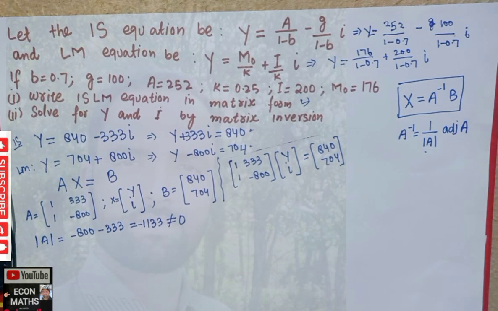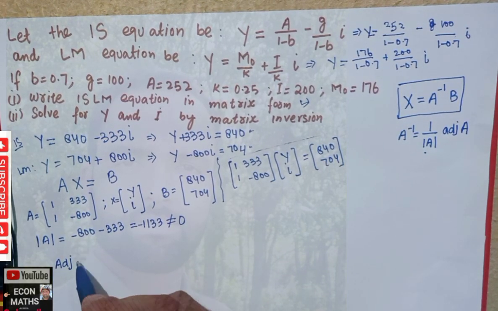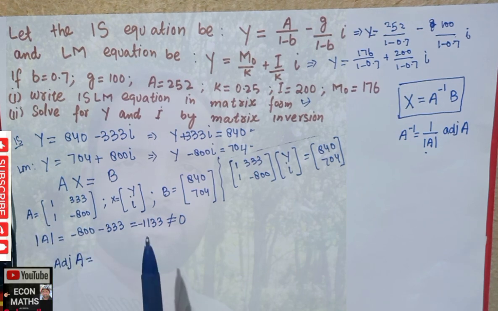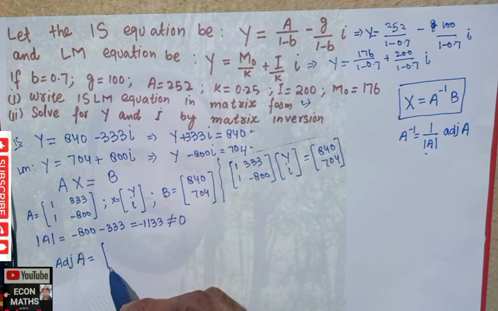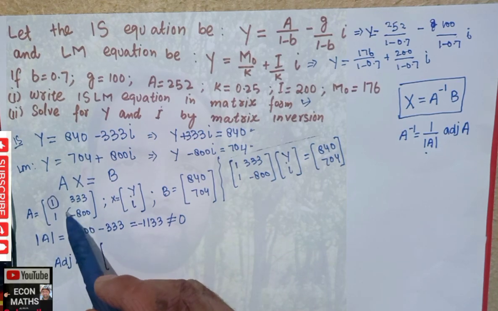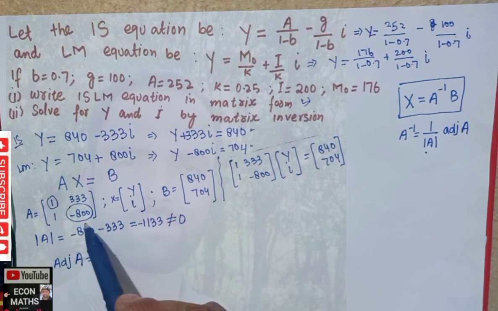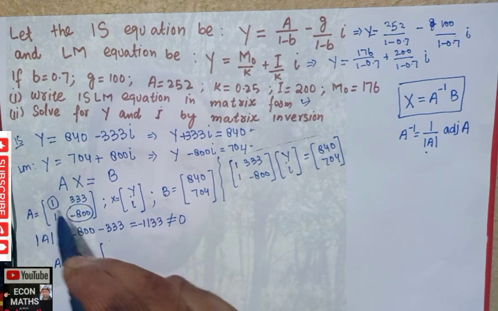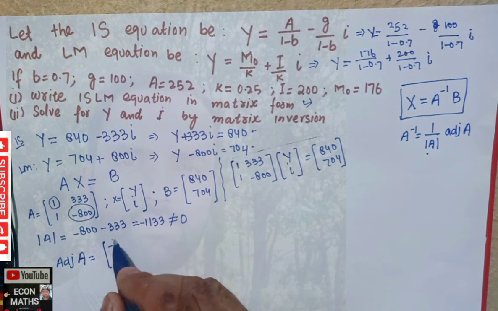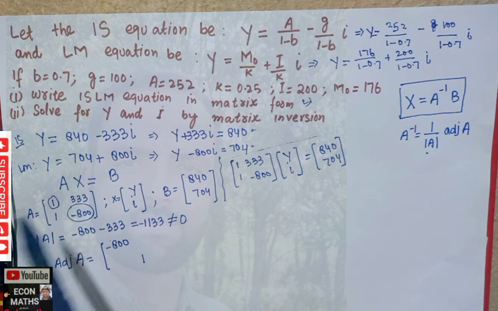Now we have to find the adjoint. How do we find the adjoint? The adjoint of A, if we have to find the adjoint of a 2 by 2 matrix, is very simple. What we do is we just interchange these two numbers. We swap their positions. The numbers which are on the principal diagonal, we swap them. So this minus 800 will come to the top left corner, and this one will come down. So the first rule is swap the principal diagonal elements,